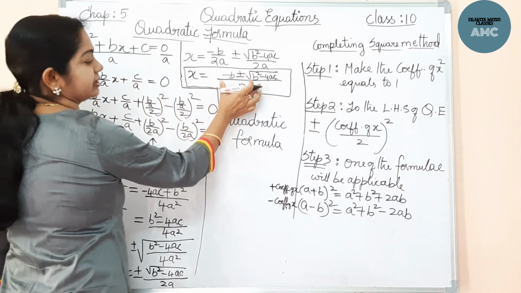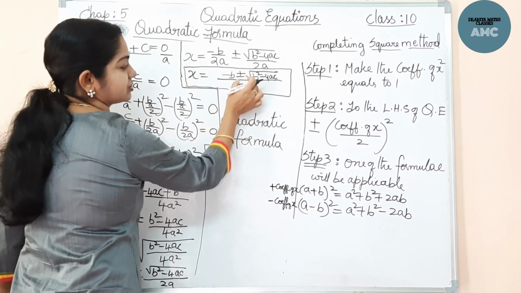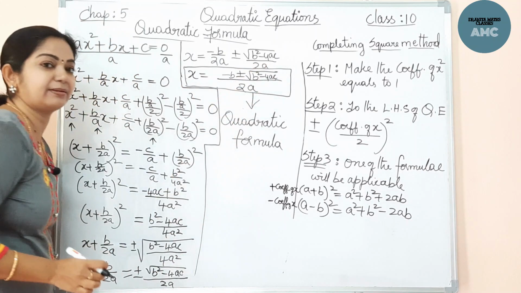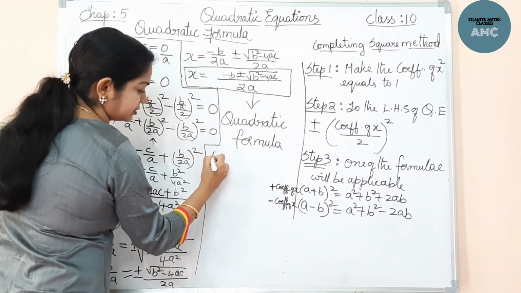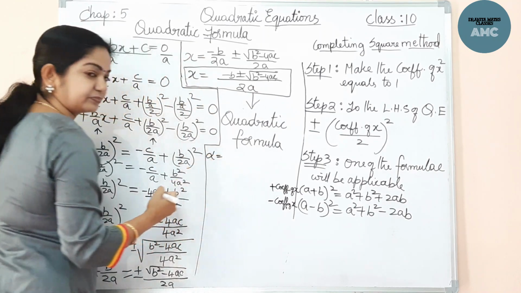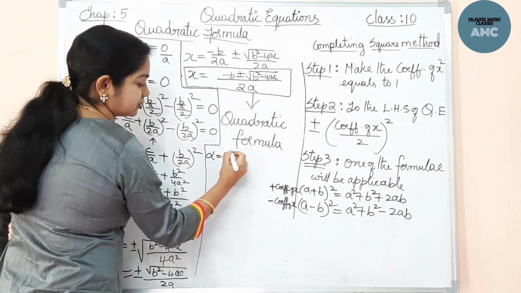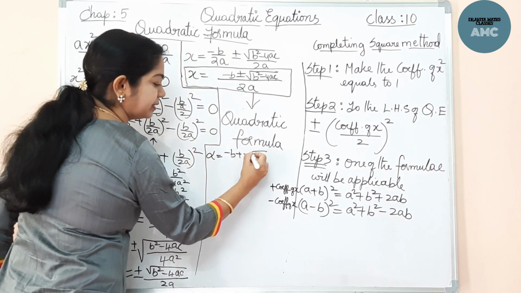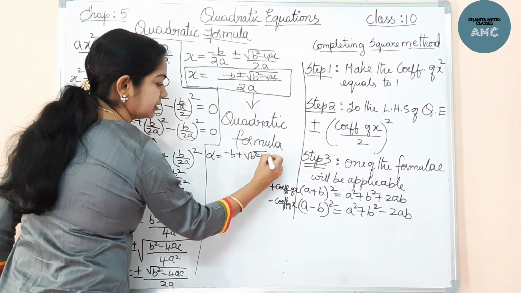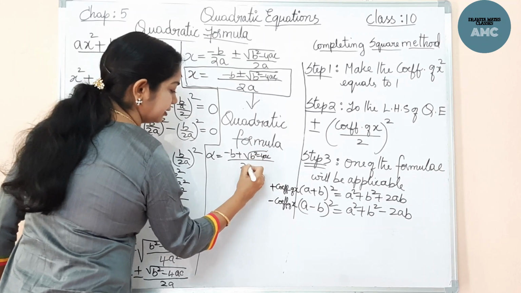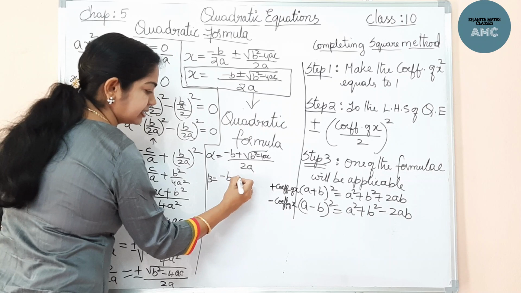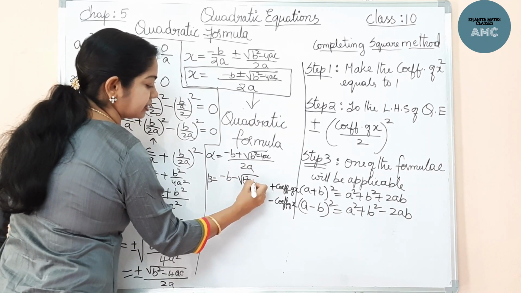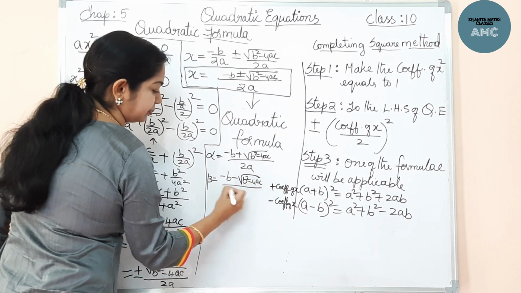You can remember this. This is x is minus b plus or minus. Now plus or minus, that means you are getting 2 roots. One of the roots, if you say one root is alpha, one of the x is alpha, so minus b plus root b square minus 4ac by 2a. If I take the other as beta, it is minus b minus root b square minus 4ac by 2a.